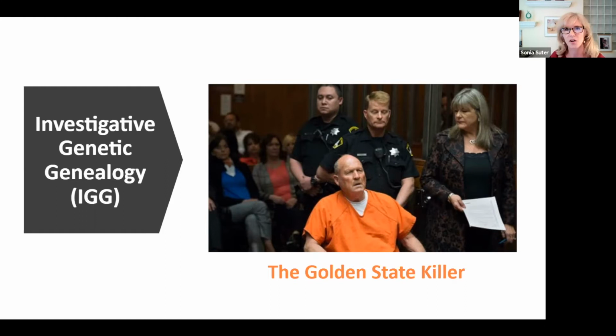As you probably all are familiar, the technique was used in 2018 to identify and arrest the Golden State Killer, Joseph James DeAngelo, who was convicted just almost exactly a year ago for a series of rapes and murders in California that were unsolved for several decades. In that case, the police uploaded a genetic profile from the crime scene DNA to several consumer genetic platforms, which then identified several distant relatives. And then based on the genetic relatedness and public records, they built out a large family tree and, with other information, narrowed it down to DeAngelo.